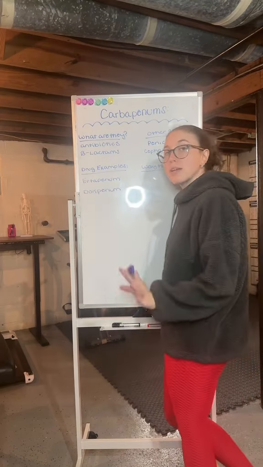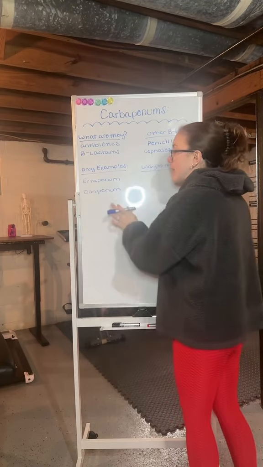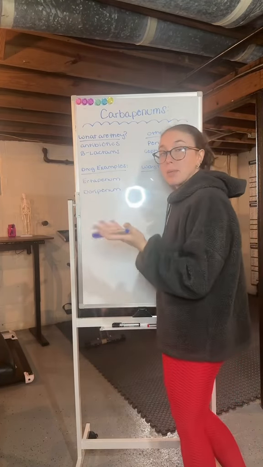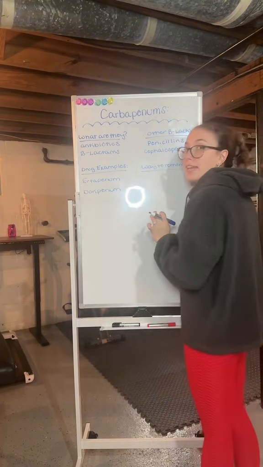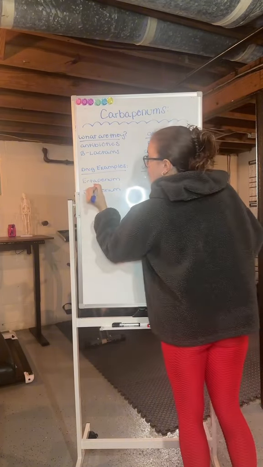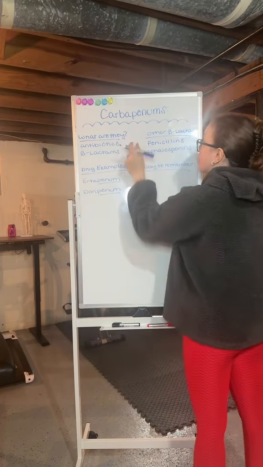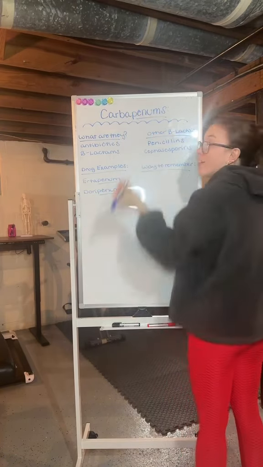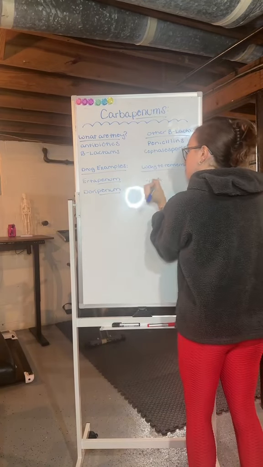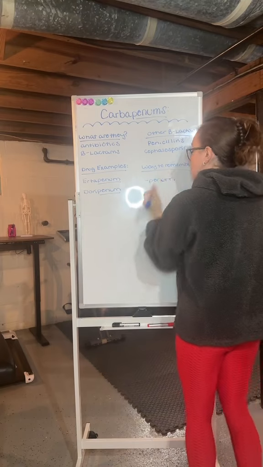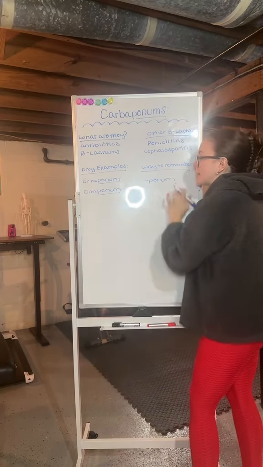Next up, two examples that fall under the class of carbapenems are ertapenem and doripenem. Now, you can probably already see what these have in common. So we're actually going to look at the suffix, penem. The drugs that fall under the classification of carbapenem are going to have the ending of penem. So when you see the suffix, you're going to know that any drug that has this ending is going to